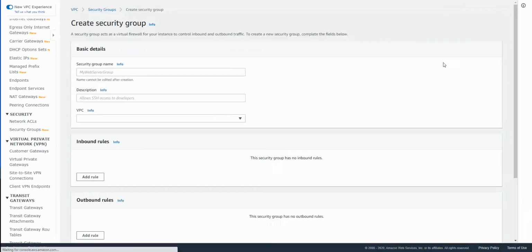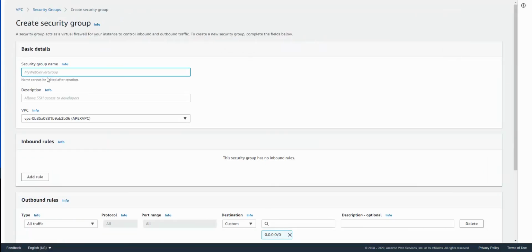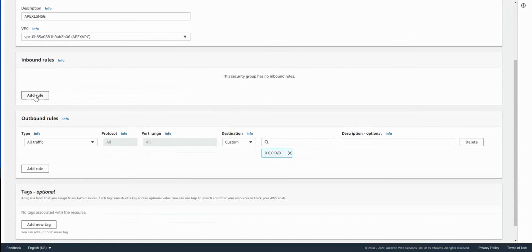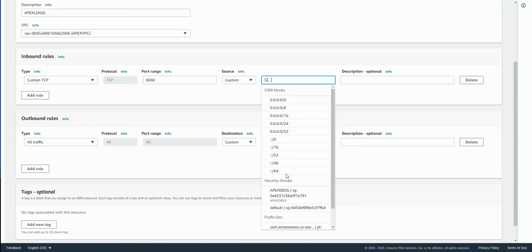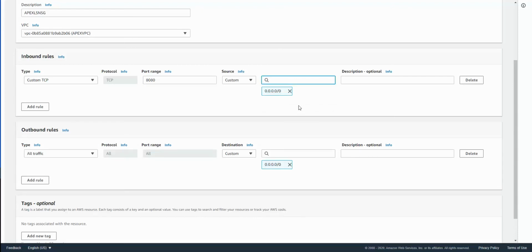Okay, and let me create a new security group called Apex Listener Security Group. This is for the app tier, so that we will only have connectivity on port 8080. For now we'll say anywhere.